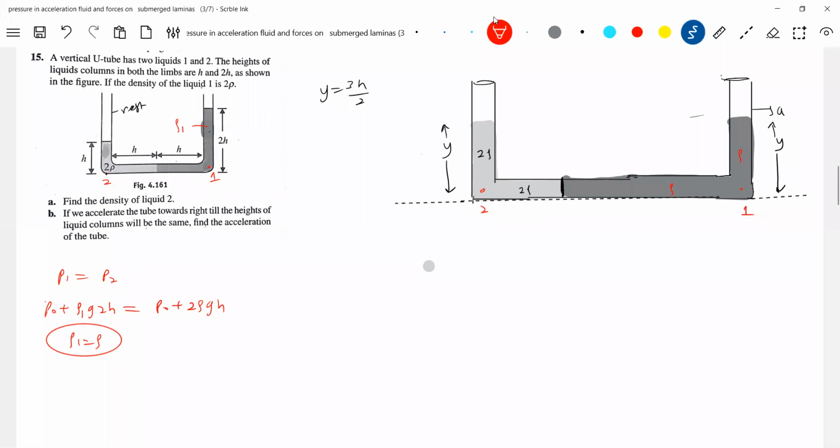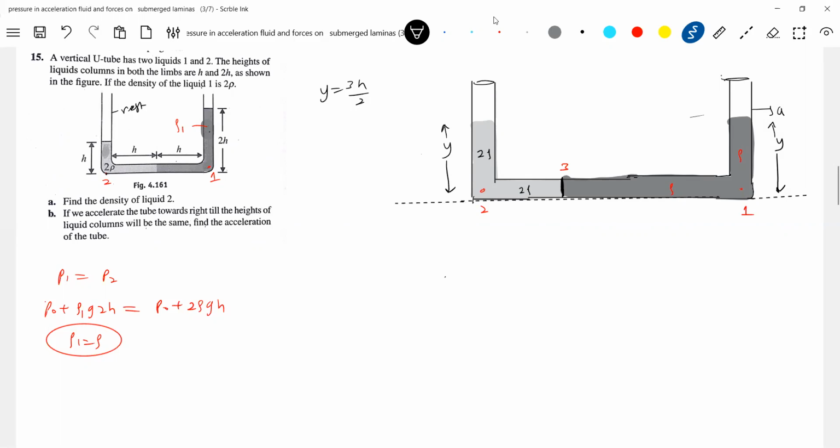Now, if you want, let's write this one. Manometric equation, we will write it, and it is accelerating. So shall we write the manometric equation? No concept is needed; at least I can say that there is no big thinking needed. Straight away write the manometric equation.